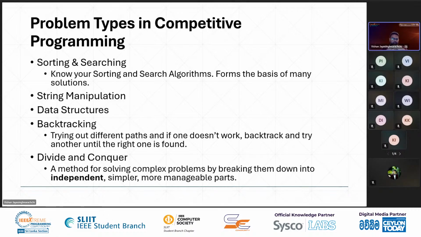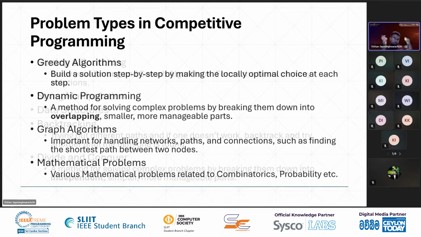So that's backtracking for you. Then you have divide and conquer. It's again a strategy in solving problems. So divide and conquer simply means dividing a complex problem into independent, simpler, more manageable parts and solving them individually and gathering them and then coming up with the overall solution, right? And then we have something called dynamic programming as well, which is almost similar, but